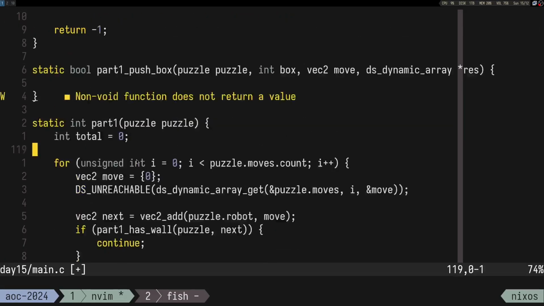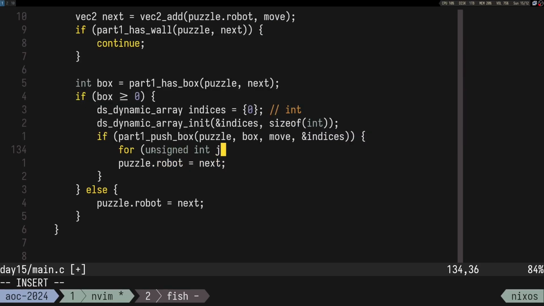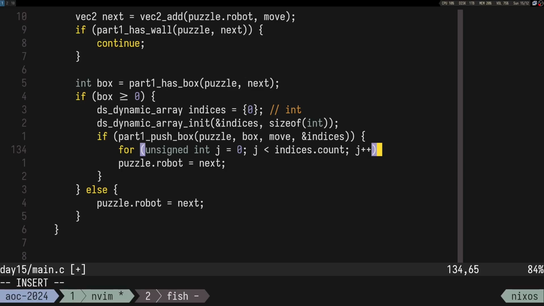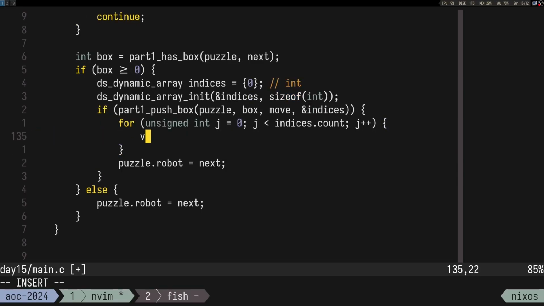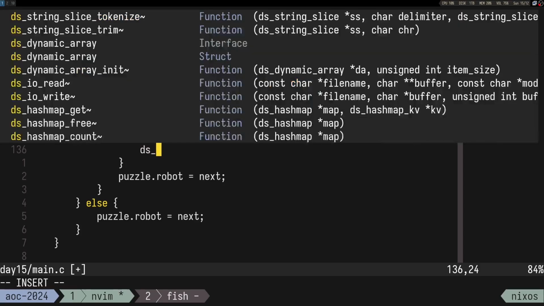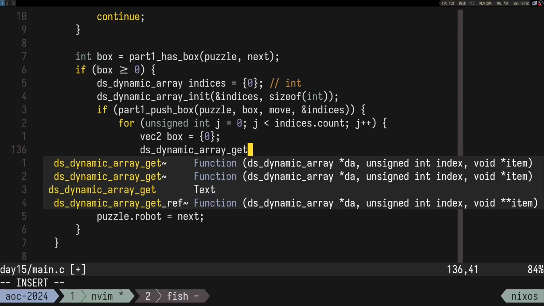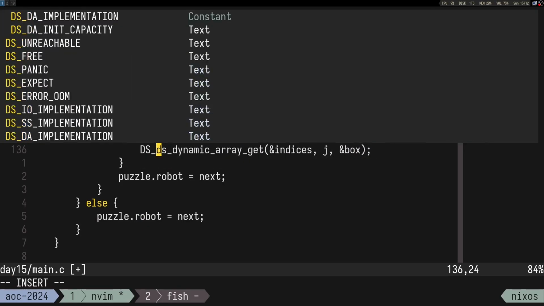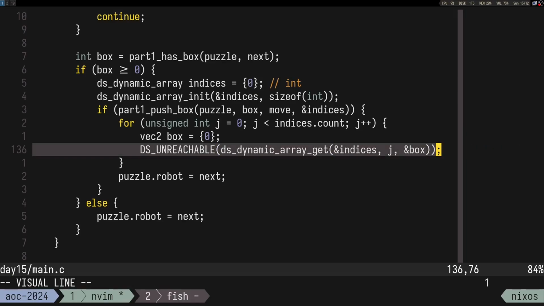Let's do a for loop. I think we already use i, so let's use j. j is less than indices dot count, j plus plus, and vec2. I guess I can do that. Unique array get, so we get the index of the box into something like reachable. So we get the index of the box,